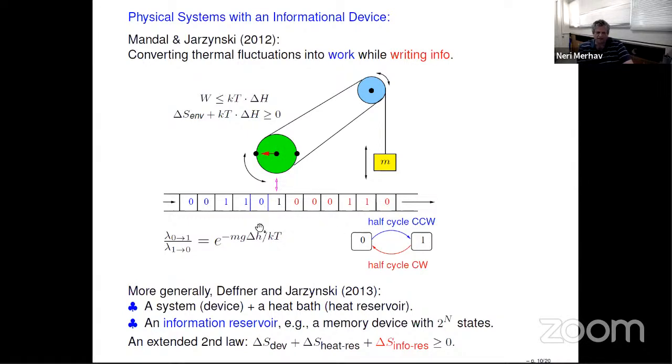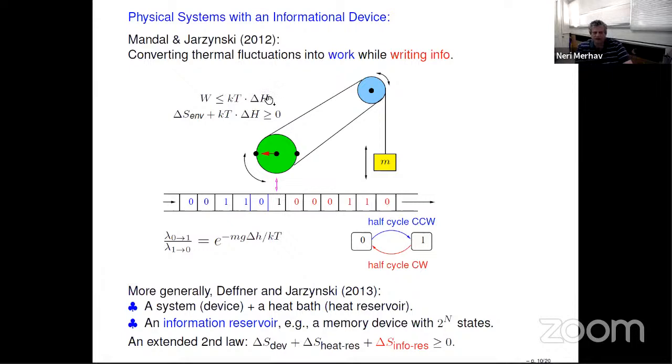And they show that overall, the maximum work that you can extract from the system is proportional to the difference between the entropy of the outgoing bits and the incoming bits. I forgot to mention that the final state of each period of length tau is recorded on the outgoing tape. So eventually a 0 can turn to 1 and vice versa. So the entropy of the outgoing sequence in red might be different than the incoming sequence.